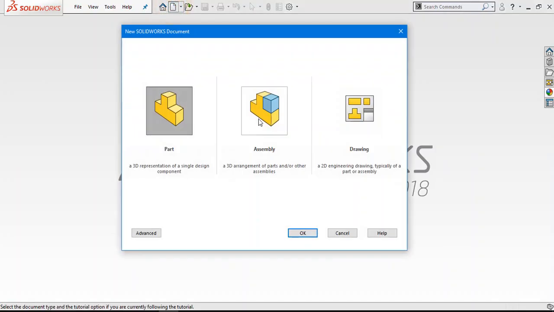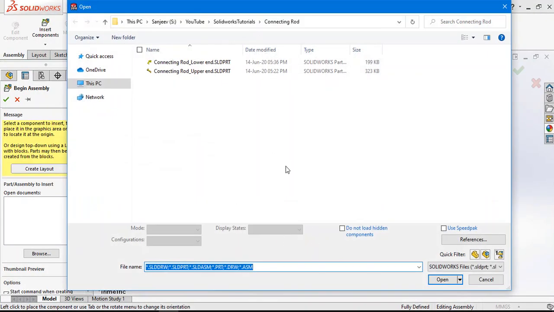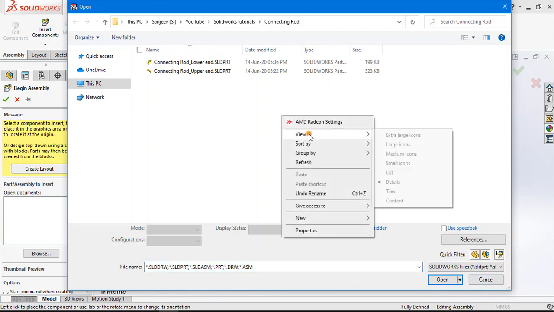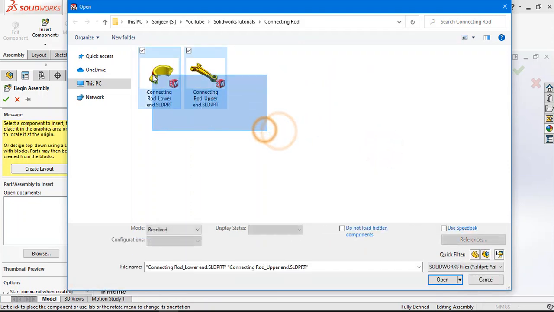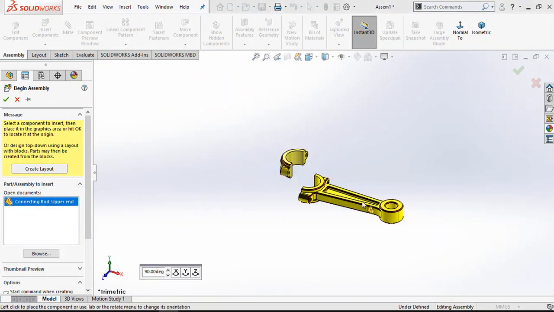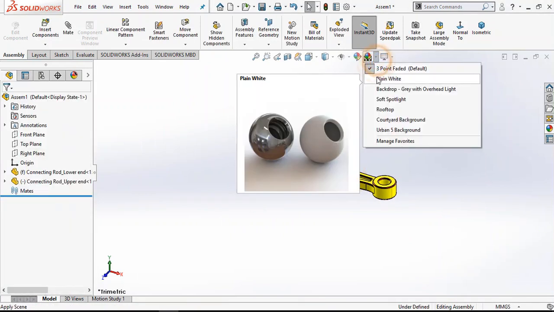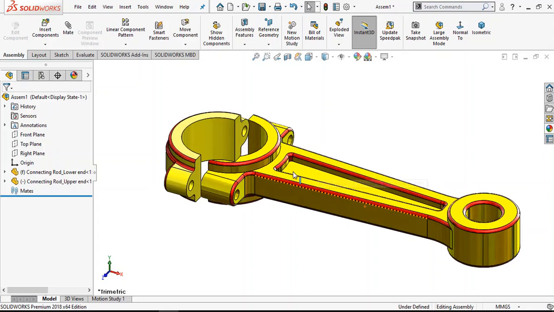And again go to new and here select assembly. Okay, now it will ask to browse the parts. Select these two connecting rod upper and lower end parts, drop it here and drop this here. Select plain white background.